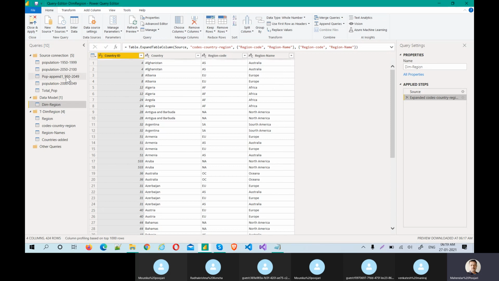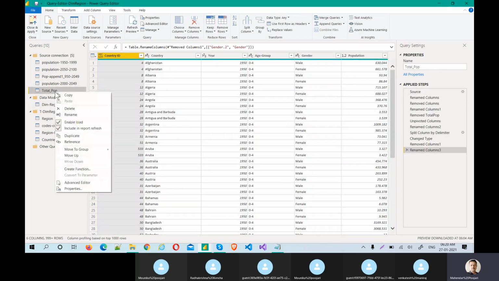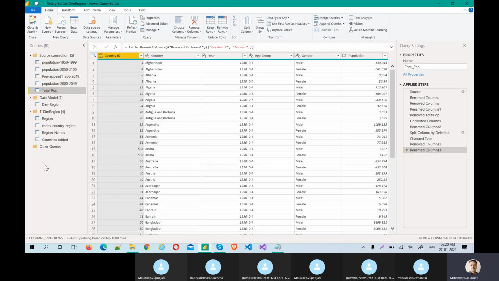To do that, I am going to take this reference again. Why can't I take duplicate? Because in future, if these files get changed, I don't want to do any manual work. If I take reference, these entity tables will automatically get refreshed. So reference is the best option. If you are 100% sure that they won't change ever, you can take duplicate. That's perfectly fine. But in real time, there are chances the data changes at the source level.